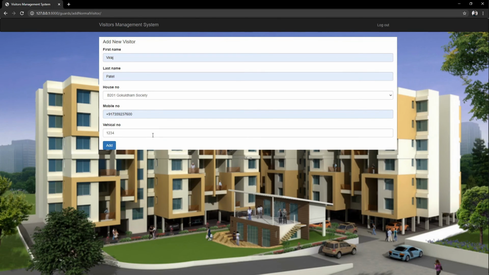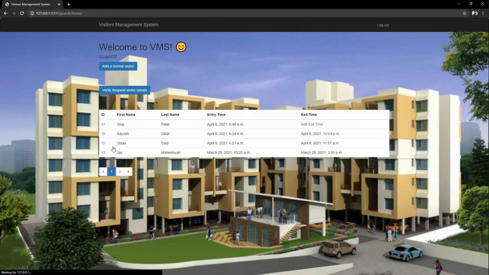Okay, so as you can see, I have added all the details, and now let's add this normal visitor. So here you can see we have added one normal visitor, Viraj Patel, and his entry time is noted here.